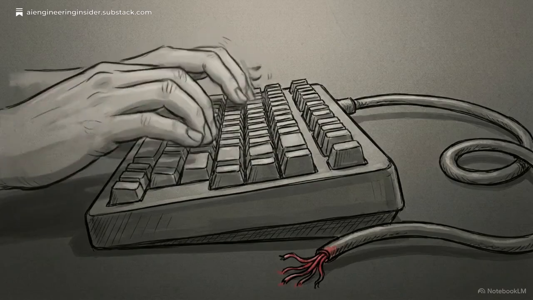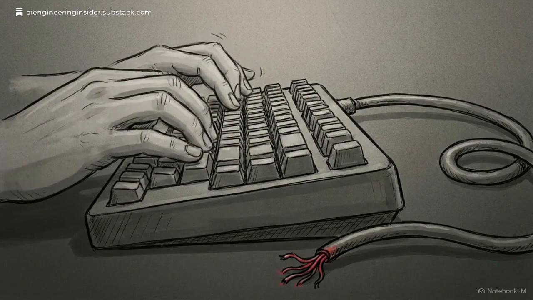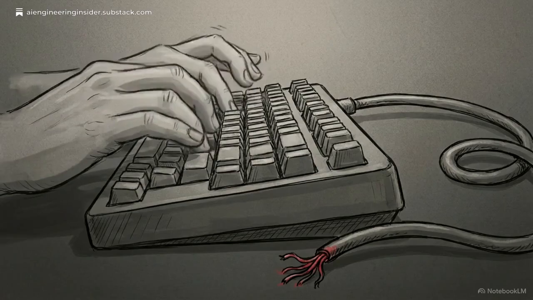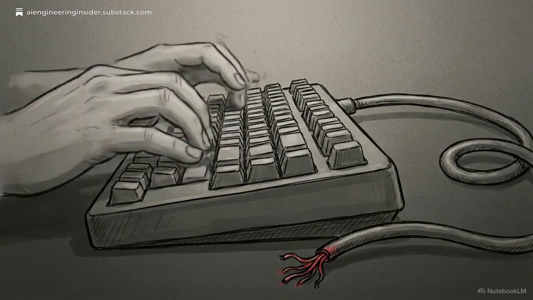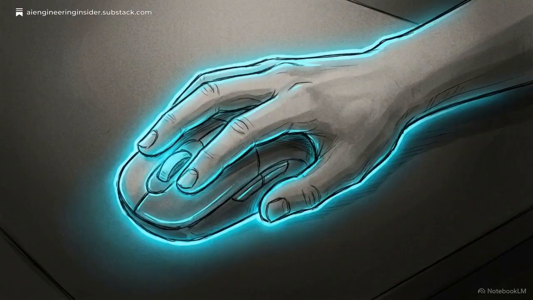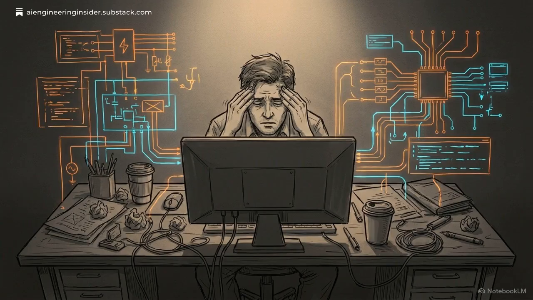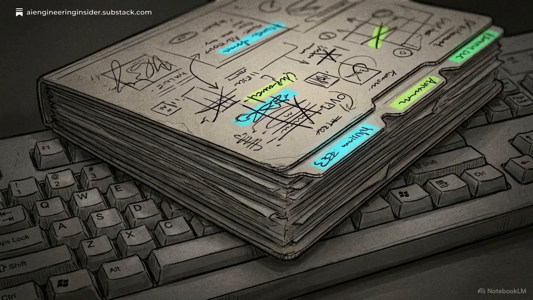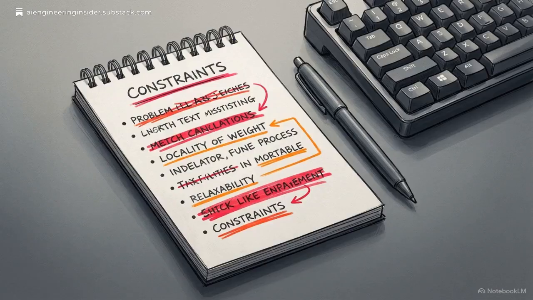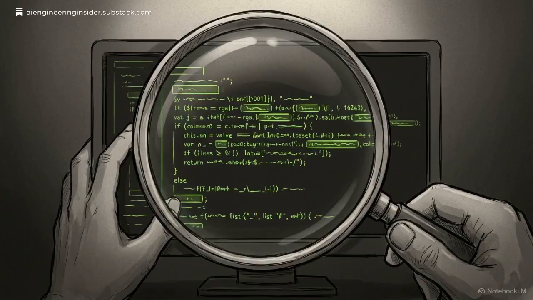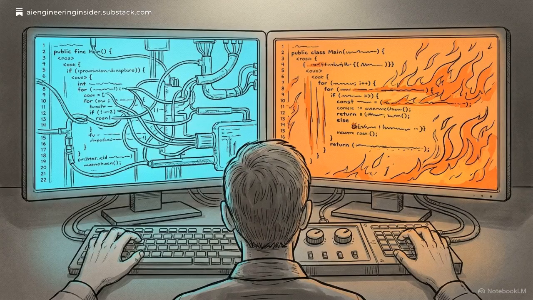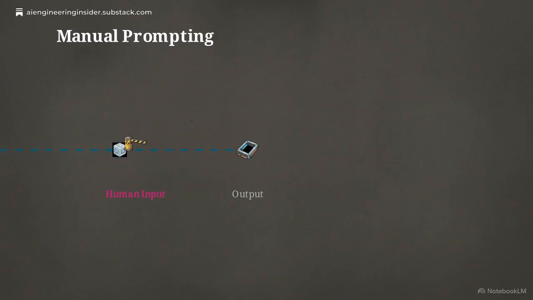For the past 2 years, software engineering with AI has been a reactive, handheld process. You write a prompt, you wait for a response, and then you hold the tool's hand through the next step. This manual cycle requires the engineer to curate context, write specific instructions, and evaluate every line of output before deciding what happens next. This approach is structurally flawed.